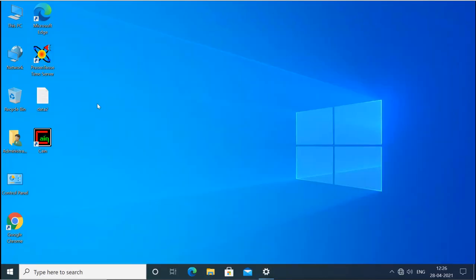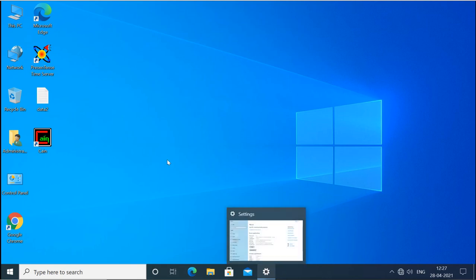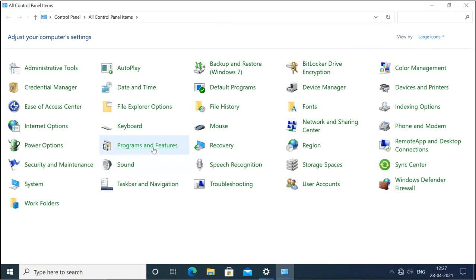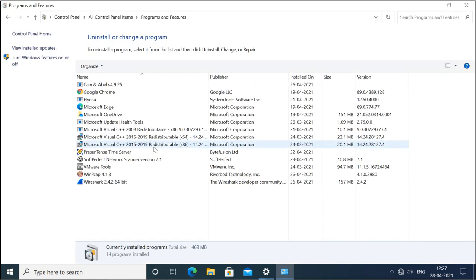So what we have here, we have these two softwares, and actually we have also data here. We have one document file also. Now what I will do, I will remove this software, and also I will remove the data. So let's see which one will come back, the data or the software, when we restore it. So I will remove this software. I will go to programs and settings. Under the control panel, go to program and features, and I will remove that software. I will remove this one.